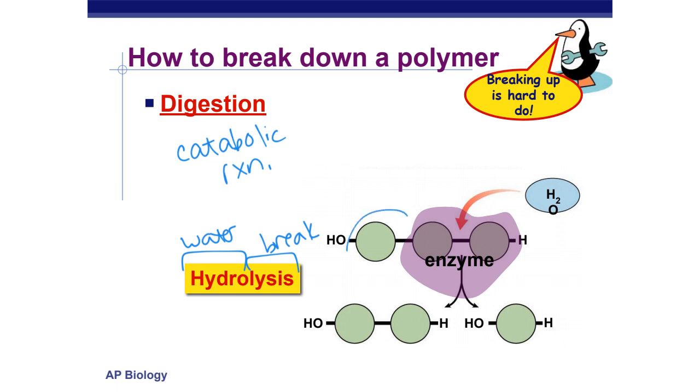I have this large polymer here, and I'm adding water to that polymer, also using an enzyme because enzymes control chemical reactions. Now I'm breaking this into separate monomers and breaking the polymer up. So a catabolic hydrolysis reaction is going to add water to break apart the bonds, where dehydration synthesis removes water